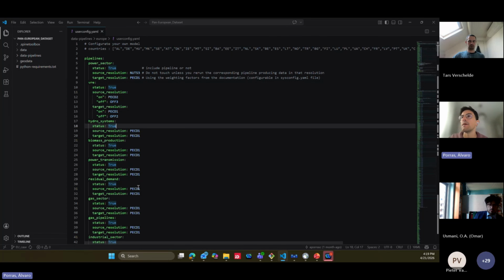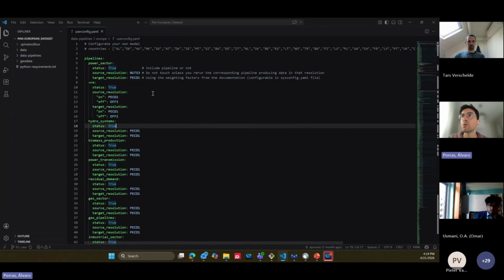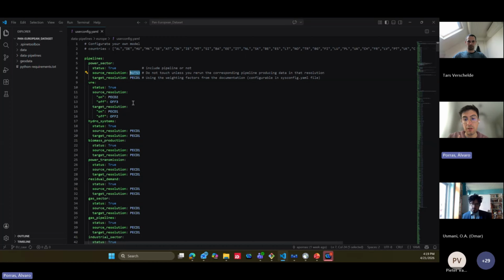So that's the idea. And also, there are some pipelines where the source resolution is, for example, NUTS3, as the power sector one. So if the source resolution is NUTS3 and your target resolution is country level, then basically we add the different parameters, for example, if the parameter is capacity, if not, we apply a different transformation.